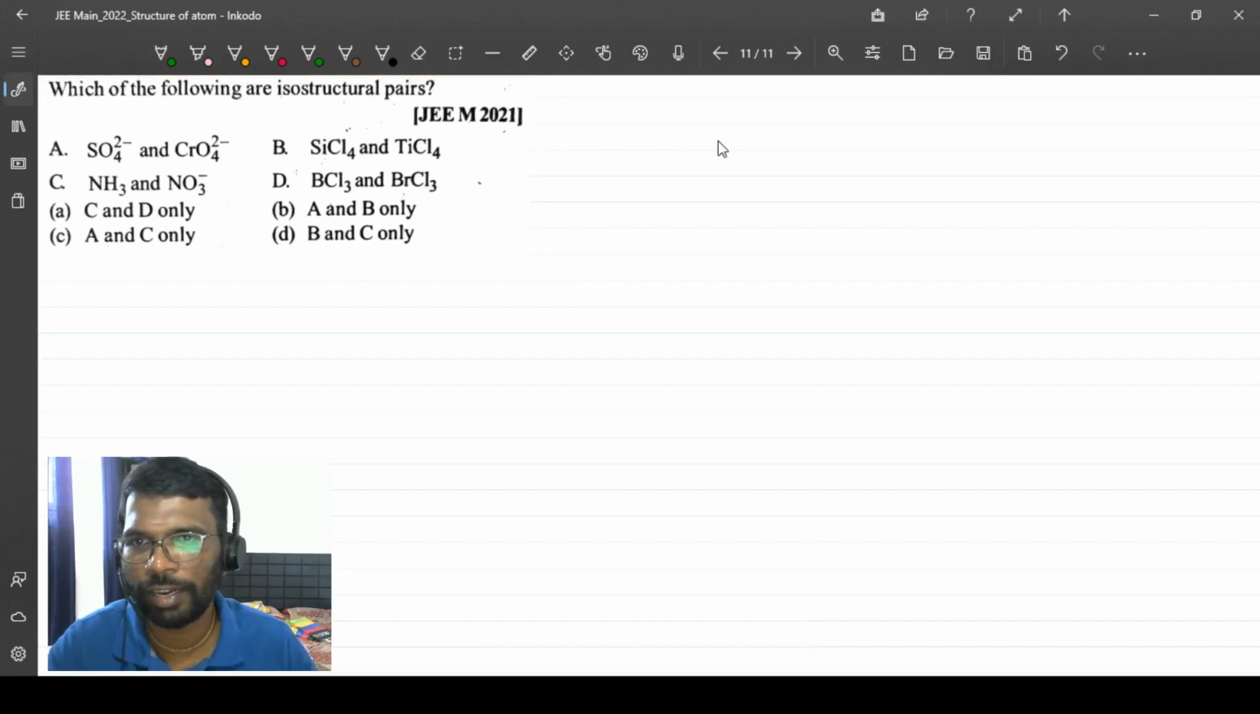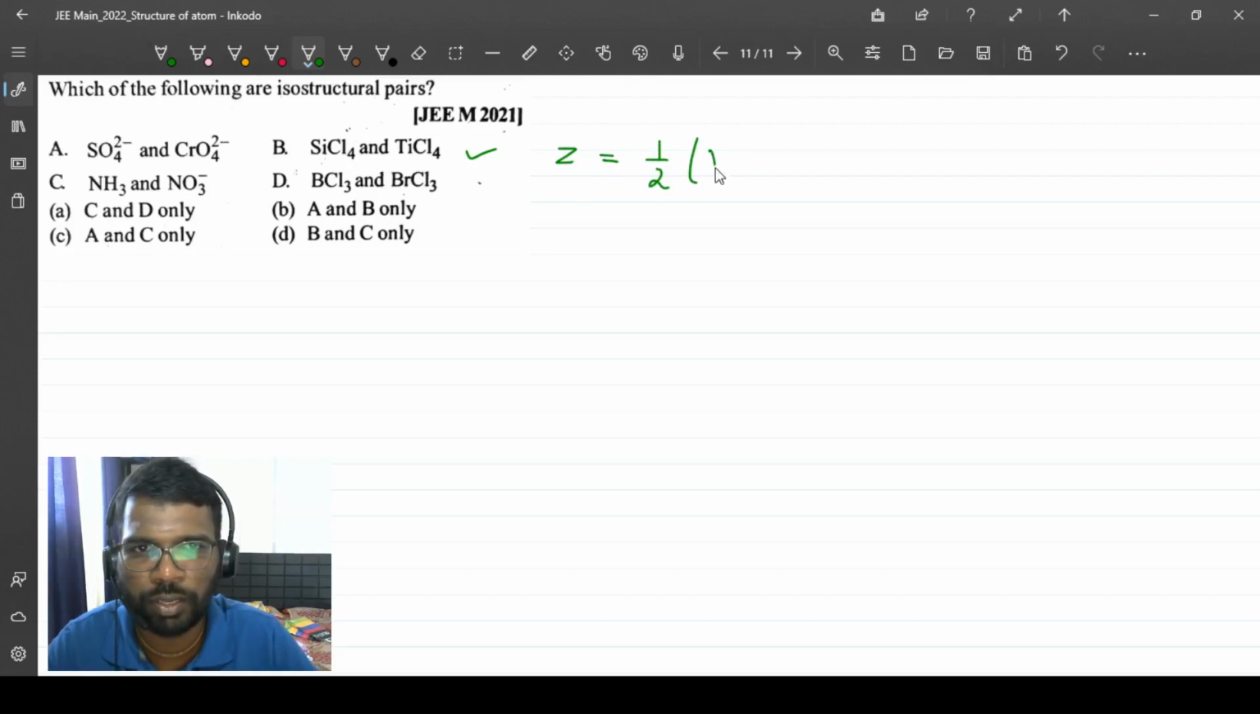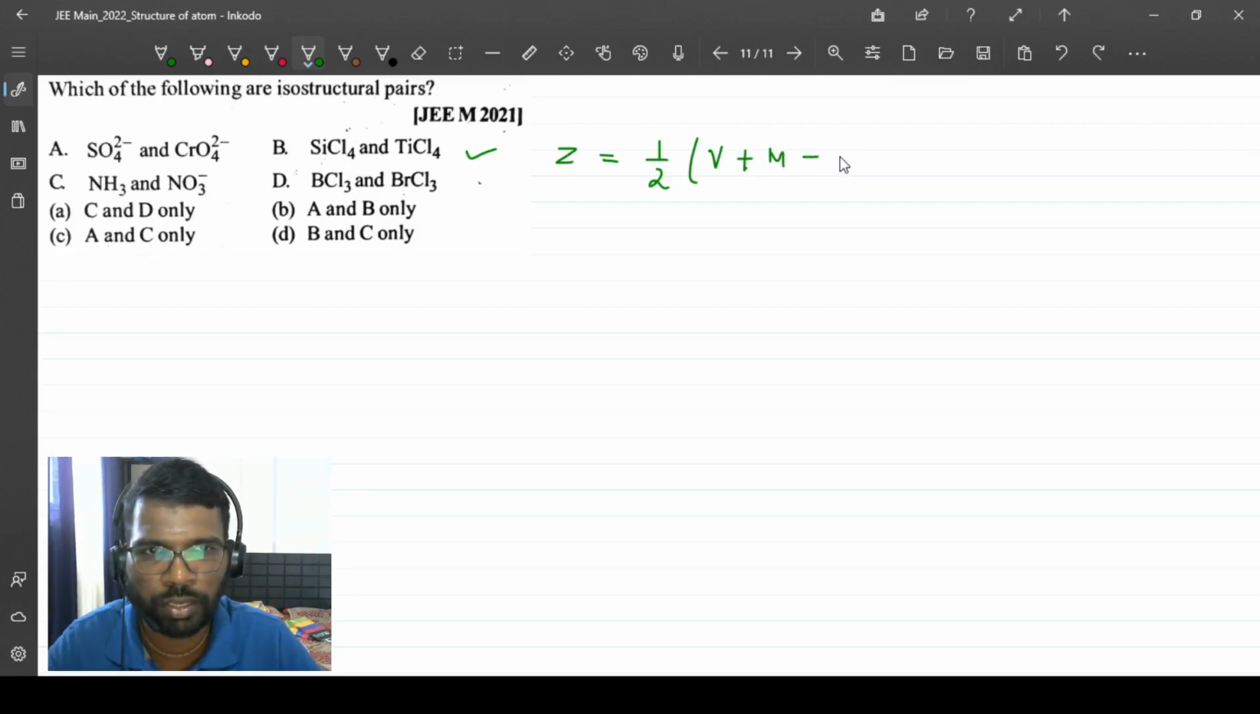So right now we are finding for option B. Z is given as half times the valence electrons plus the number of monovalent atoms minus the charge on cation plus the charge on anion, or we can say cationic charge plus anionic charge. And I'm solving for silicon chloride and titanium chloride, right? This belongs to the group of carbon, silicon, germanium,